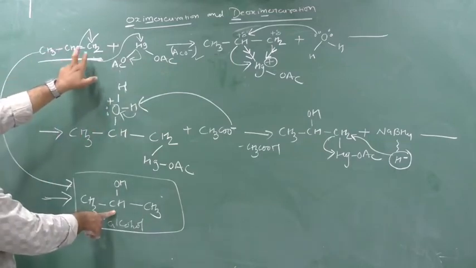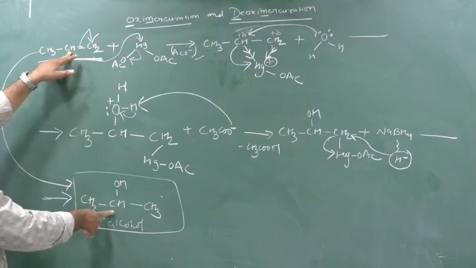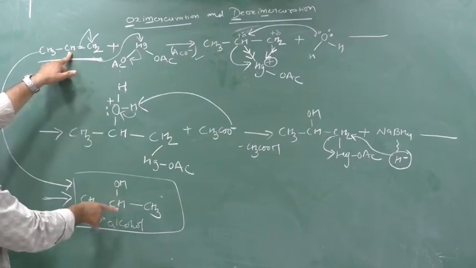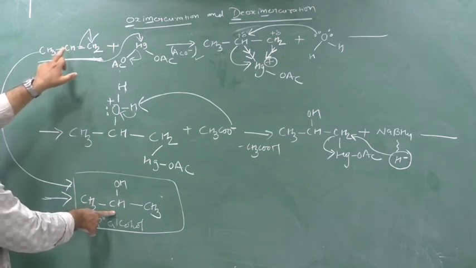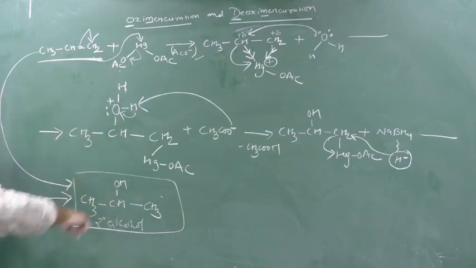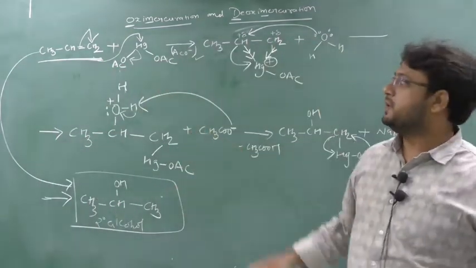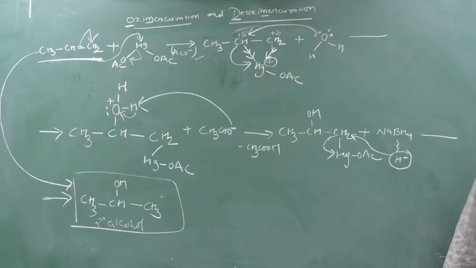See here, this is the alkene double bond, and the carbon which contains less number of hydrogen. You see the final step. In the final step, OH minus is attaching where? To the carbon which contains less number of hydrogen. So here automatically the Markovnikov rule is followed. Clear? That's why I am telling you that in OMDM the Markovnikov rule is followed.